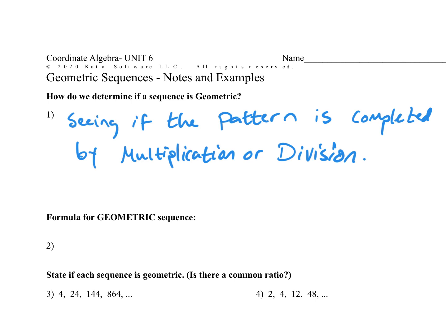Okay, so to determine if a sequence is geometric, you have to see if the pattern is completed by multiplication or division. Okay, so what that means, in other words, as you look at the sequence, the numbers